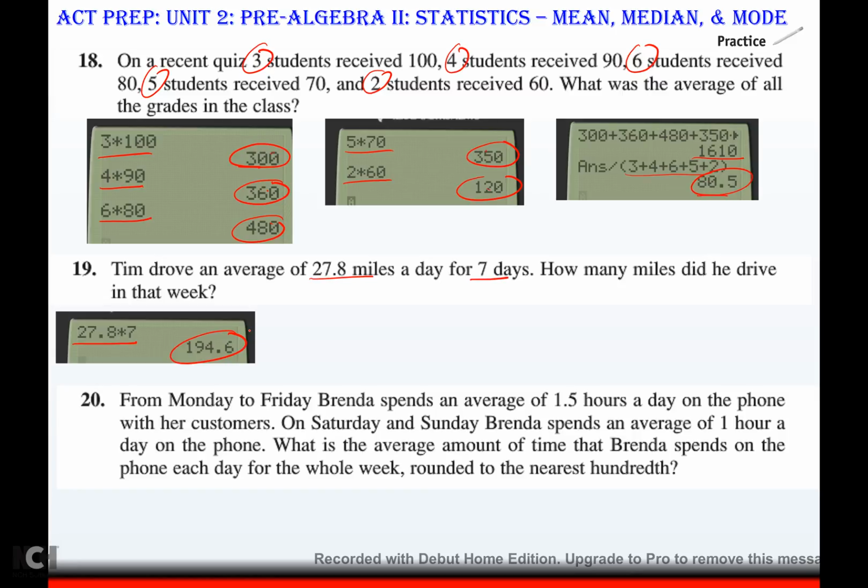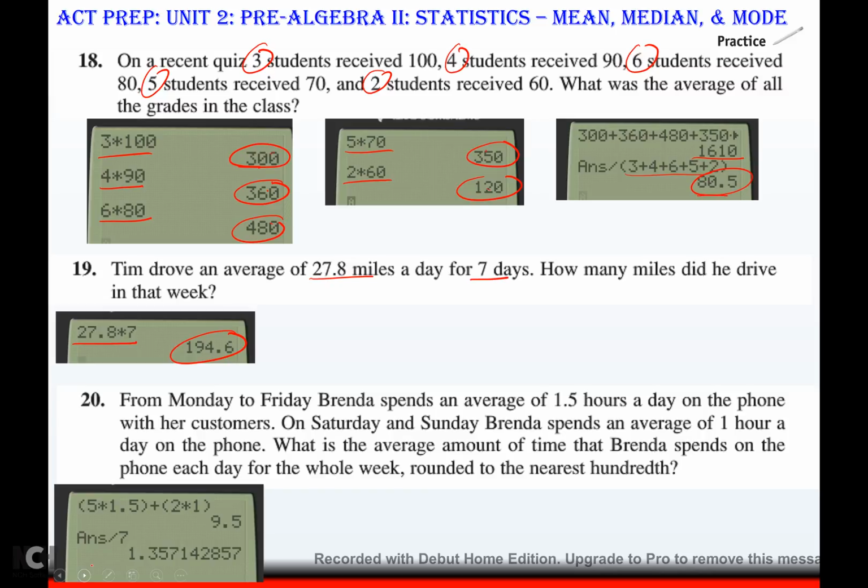20, from Monday to Friday, Brenda spends an average of 1.5 hours a day on the phone with her customers. On Saturday and Sunday, Brenda spends an average of 1 hour on the phone. What is the average amount of time that Brenda spends on the phone each day for the whole week, rounded to the nearest hundredth? Well, what you're going to do is from Monday to Friday, so that's 5 days, she